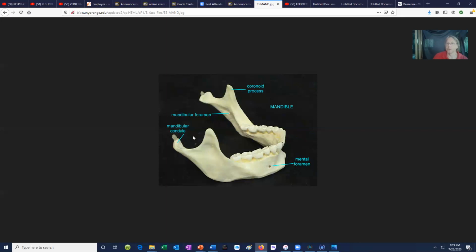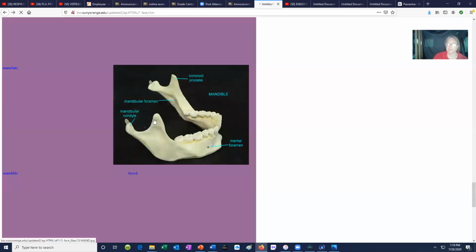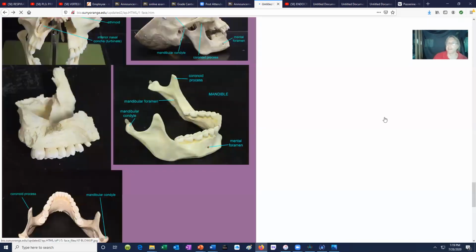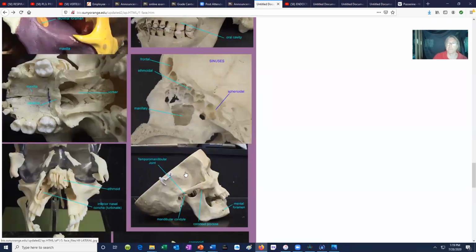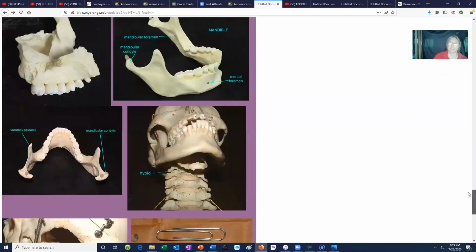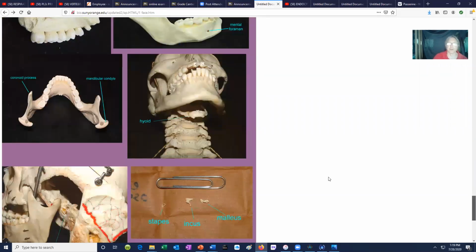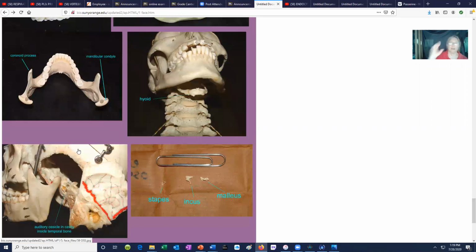We have this coronoid process, and notice there's a broad area here for muscle attachment so that we can bite and we can chew with strength, because we have these large muscles which can attach here, and then they can be long because these muscles which attach to the lower jaw can then pass through this opening encircled by the zygomatic arch. And then the muscles, the masseter, the temporalis, can then insert on the bones of the cranium. So here would be the mandible's condyle, which would form the